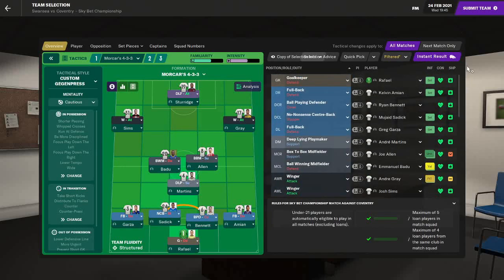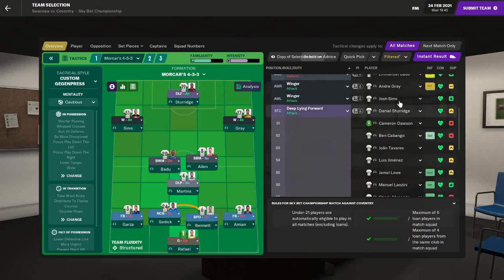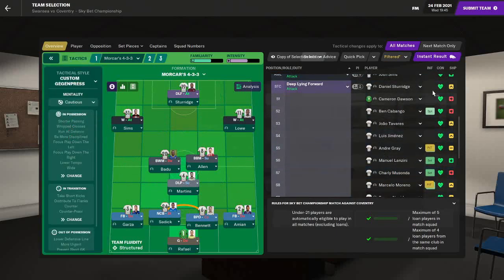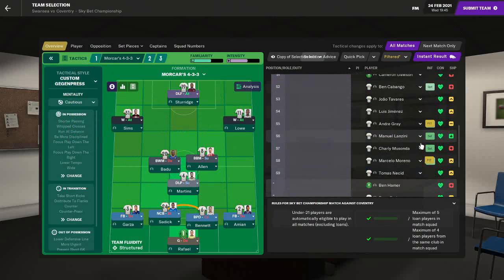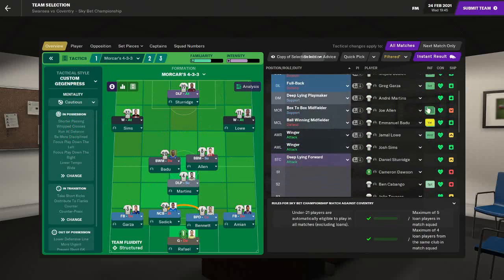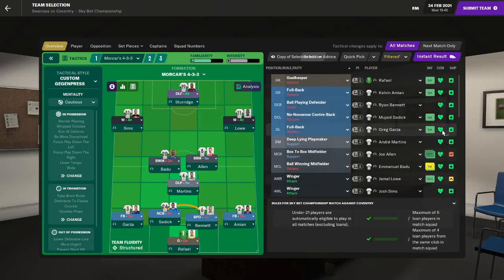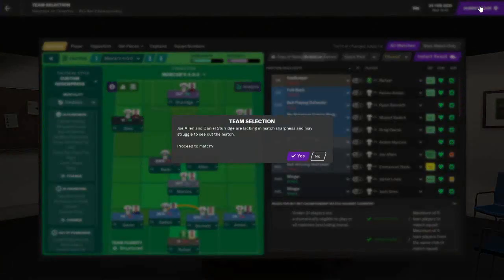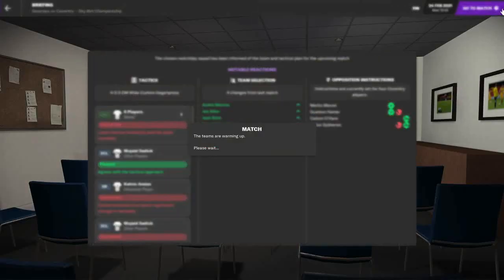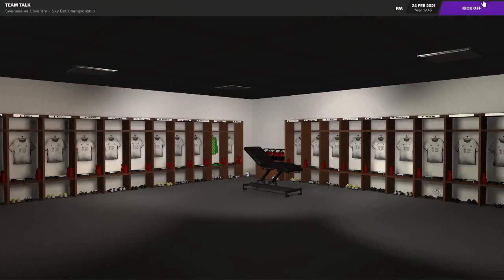Let's just double check for fitness. Gray is a fitness concern, so let's bring in Low then. Let's bring in Low. All right, let's do this. Hopefully this will work. If not, I'm probably out of a job, so...